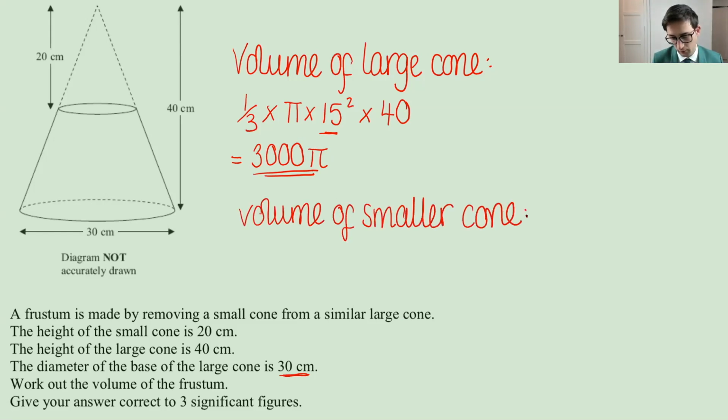So if we now work out the volume of the cone that's been removed, and then we subtract that, that will give us what's left. And there's kind of two ways you could do this. We've got a scale factor of a half if we compare the two perpendicular lengths, the two heights. And so what we know then is that we've actually got a cone which has a volume of a third times pi times 7.5 squared times 20, because everything's halved in terms of the lengths. So this would be equal to